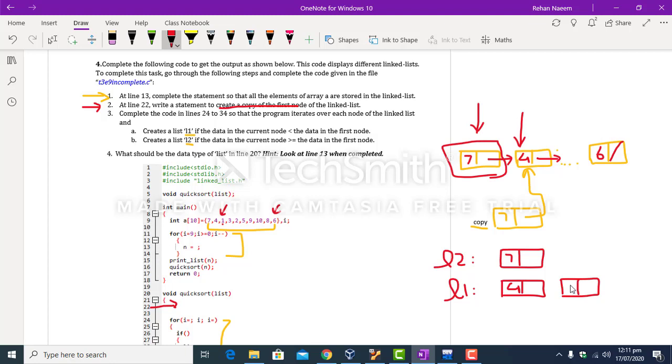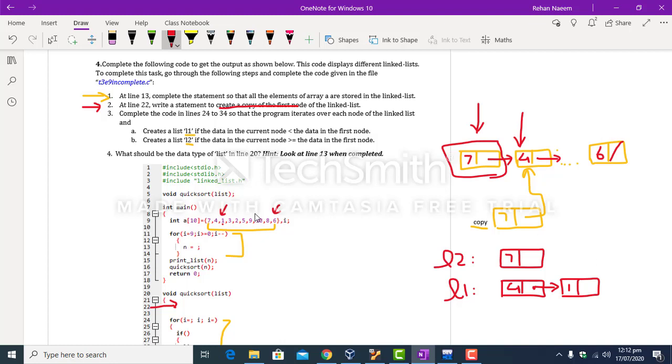This node will be created in list L1 and it will be linked to the previous node present in list L1.